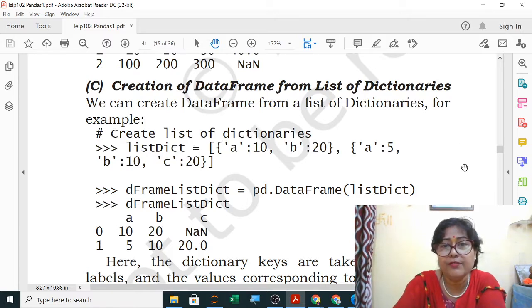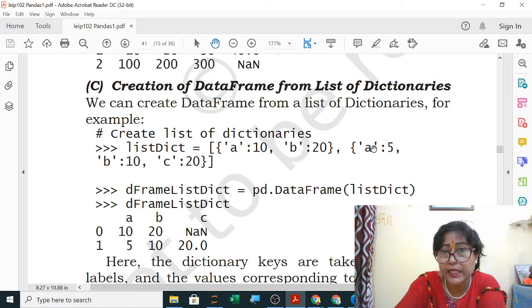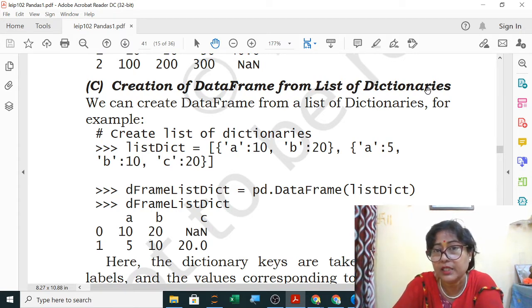Now, creation of a data frame from a list of dictionaries. A list of dictionaries means a list containing dictionaries. Now these are very easy, like we were doing data frames using a dictionary. Using a dictionary it is very easy. As in the previous case you have seen it was showing an error. Normally using a dictionary it never shows an error because here the column name is also given and the value is also given. So here you will create a list using a dictionary, or directly a dictionary, and then you will create the data frame. So first let us do it directly with the dictionary and then using a list of dictionaries.